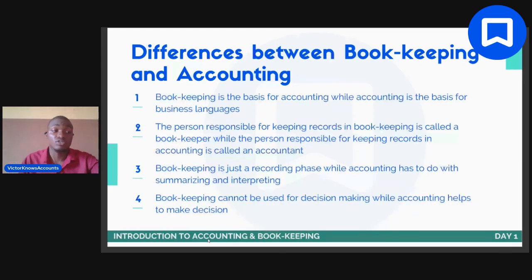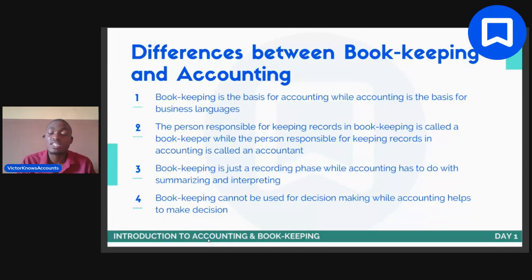So with this, you actually have to make a decision on whether you want to be a bookkeeper. I mean, anybody can do bookkeeping, right? Because bookkeeping is just recording transactions. With a little training, you can be a bookkeeper, because all you need to do is record transactions. Do you understand that? But accounting is a more specialized function that can only be carried out by a professional, and that professional is called an accountant. All right, that's that for number two.